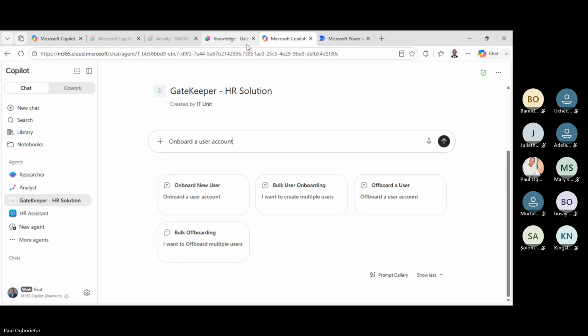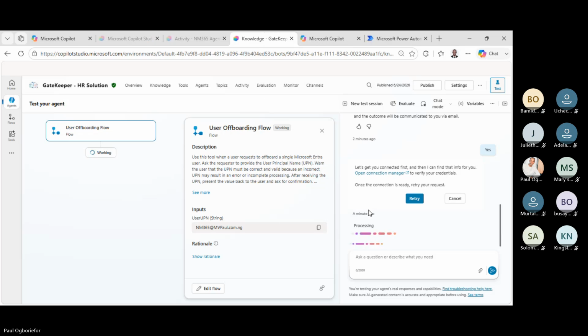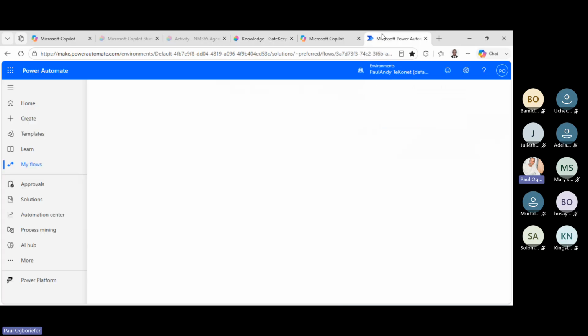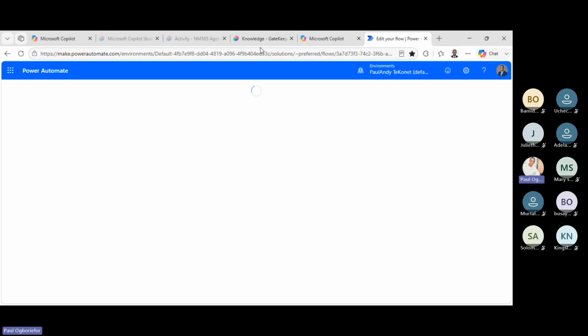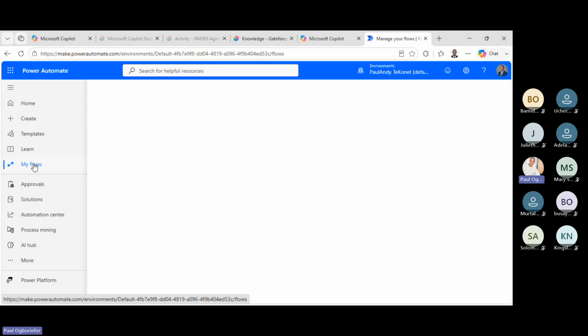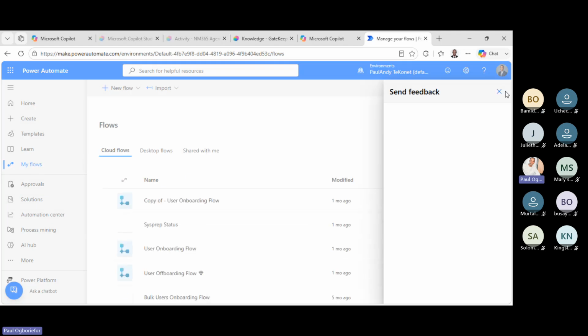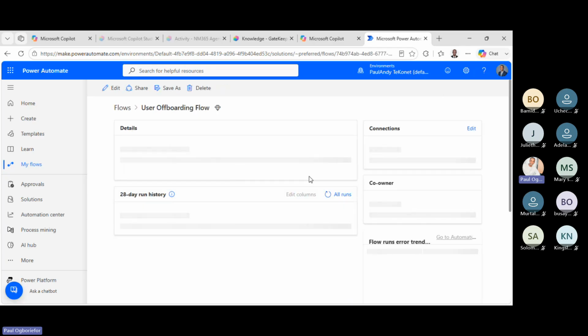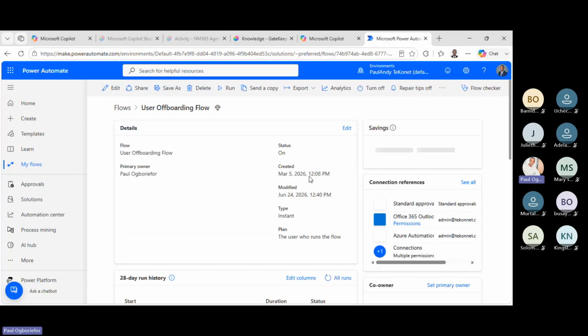Okay, so now if I open my flows, I want to locate that particular flow and see what is happening on the ground. So we're still working because it's meant to perform very detailed and long actions like that. Okay, so my flows, coming to my flows. All right, user offboarding flow. Now, if I open this guy and I want to check the history of my run,